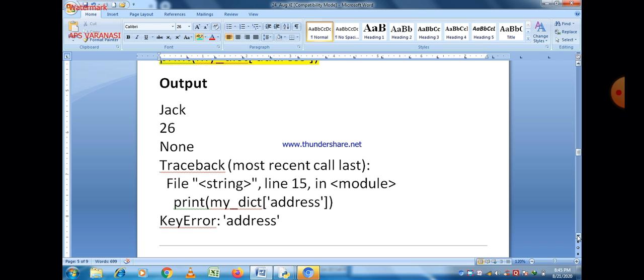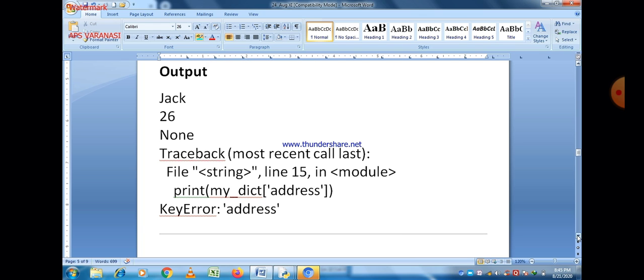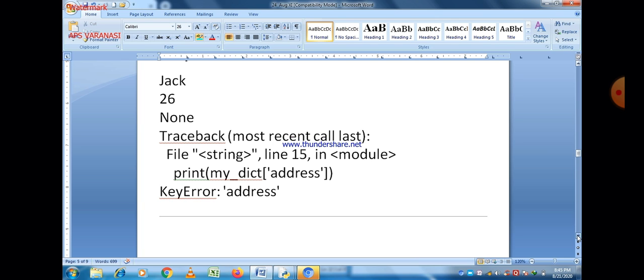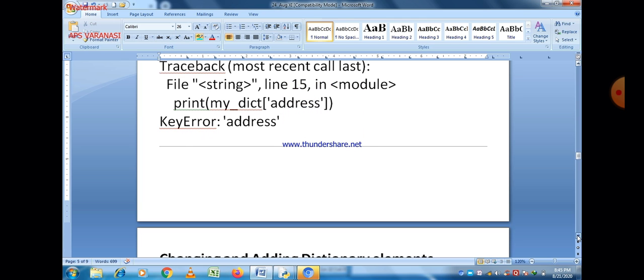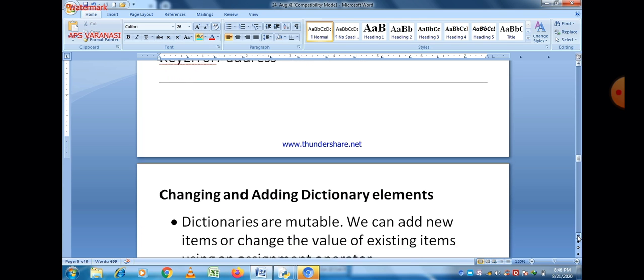Now you can easily see on the screen that is the output. First, Jack is the value of the key name, and 26 is the value of the key age.